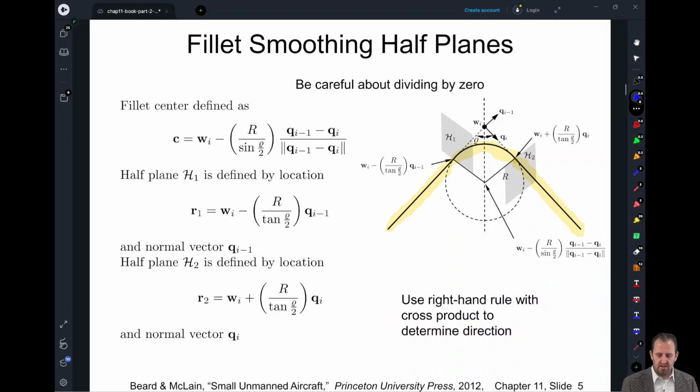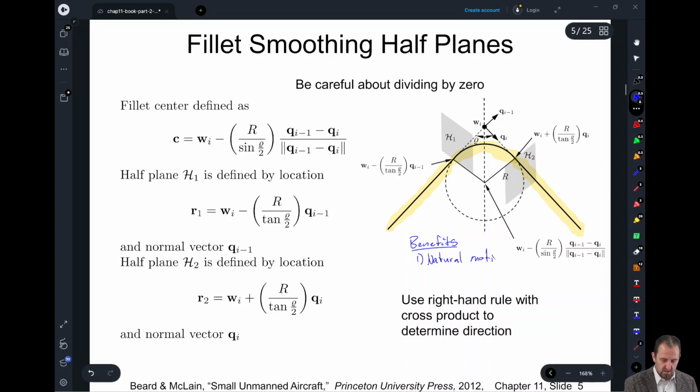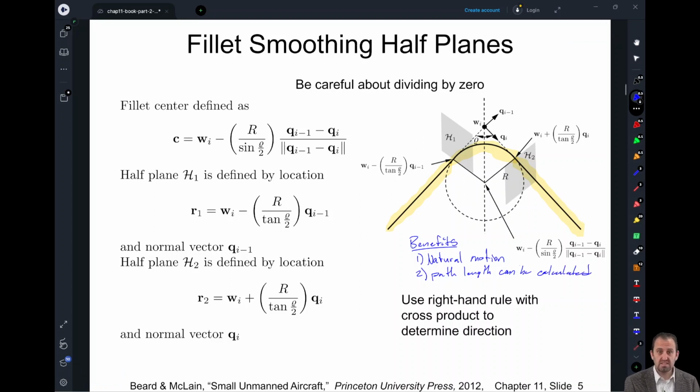So we do have a nice strategy here. So if I write up some of the benefits, right? One is that we are using very natural motion. We can stay along this trajectory quite well, right? Because of that, the path length can be calculated. Under nominal kind of low wind conditions, we're going to be able to stay on that path fairly well, right? So we can calculate based on just the two line segments that we're following in that circular arc, exactly how long that path is. The one major drawback